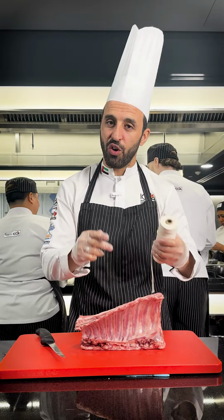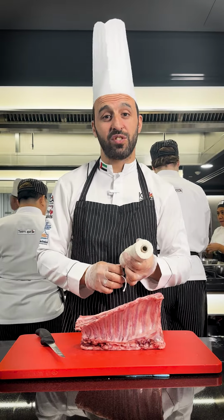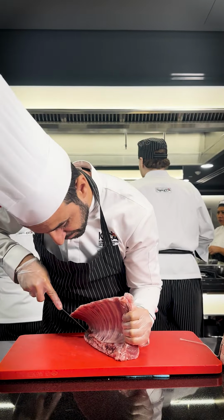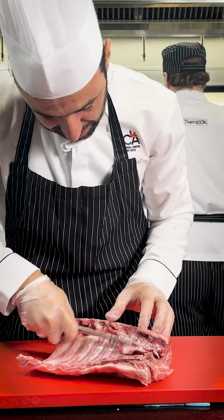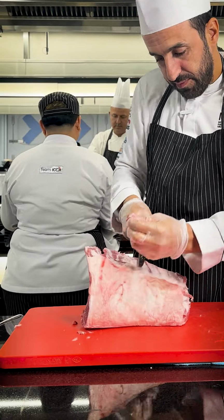We use it for trussing, and today I will show you how I will use this trussing to remove the flesh from the bone. Okay, so that's why I will just separate a little bit and remove a little bit of the fat like this, and also I will open it from here like this. I separate all the fat,